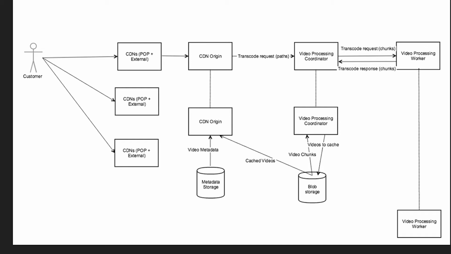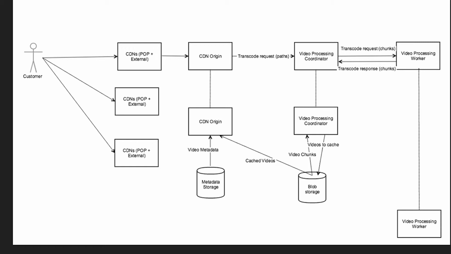Otherwise, the coordinator receives that request and then interacts with the worker layer, and saves the responses to blob storage. So the worker layer is never talking to the blob storage system. Everything comes in through the request. And this is a much bigger fleet than the coordinator fleet. I think our ratio is about 1 to 11: for every one coordinator node, we have about 10 to 11 worker nodes.